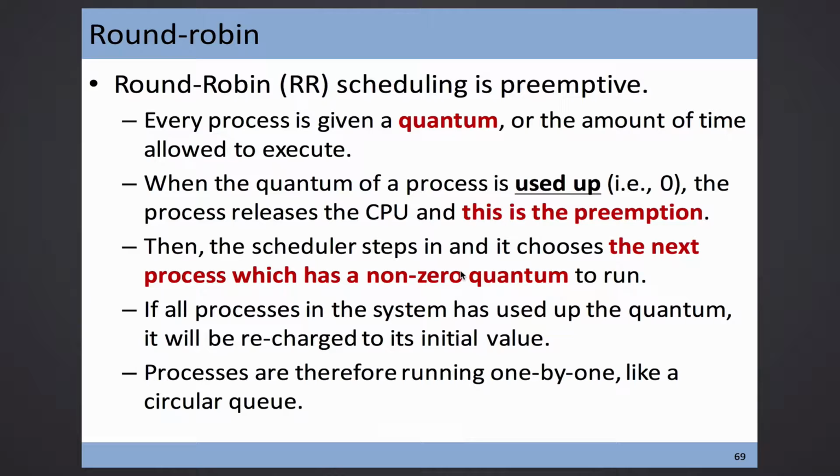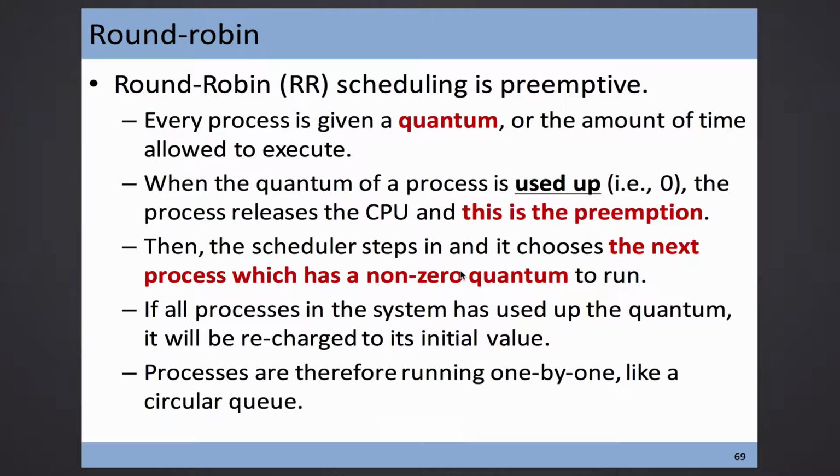That is the moment that I have the first process run, and then go to the second one. Why do I go to the second one? Because the first one's quantum has run out. Go to second, go to third, and eventually I go to the last one. What happens if I go to the last one? It means that all the ones before have used up their quantum. It is the moment that the entire queue has been scanned once, then you will recharge the entire queue to come back.